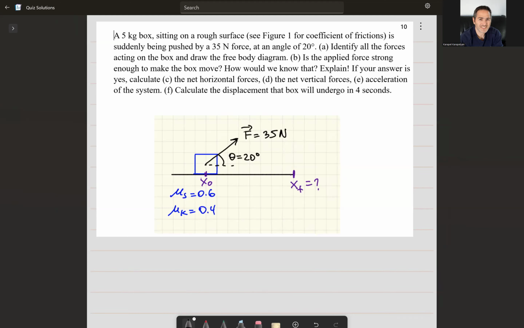perpendicular and parallel to the surface as well. That means we have three agents: person, probably pushing and pulling, Earth, and the surface. So if I do the free body diagram,